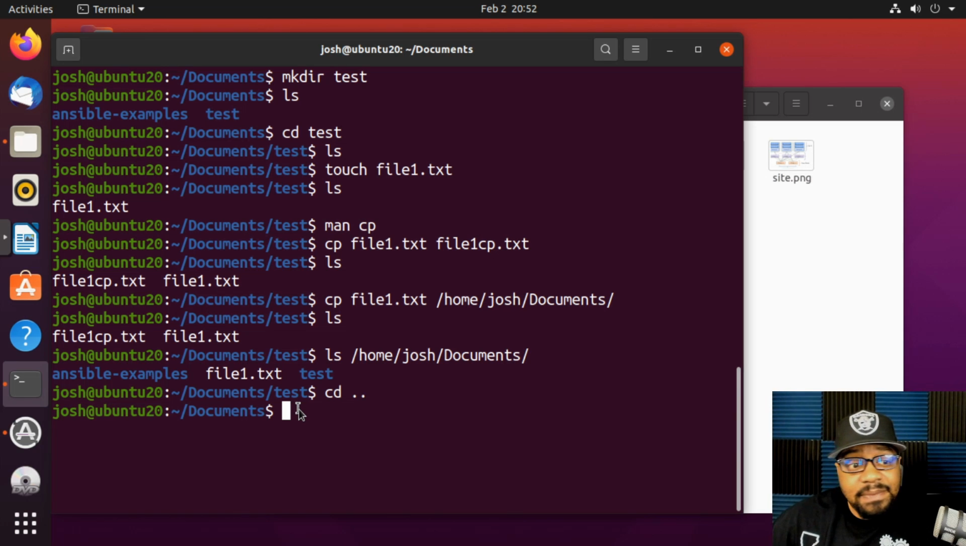Now back to the copy command. If we want to copy a directory, it's a little bit different. We have to use an option of -r in order to copy that directory as well as all the files within it. So all we have to do is type cp -r, and then we want to copy that test directory,